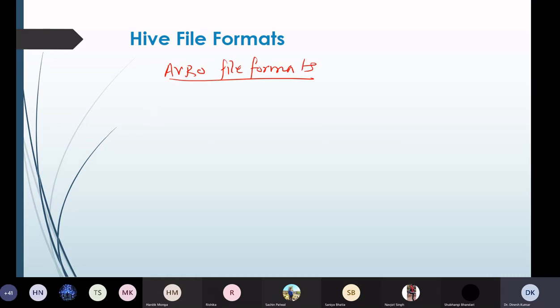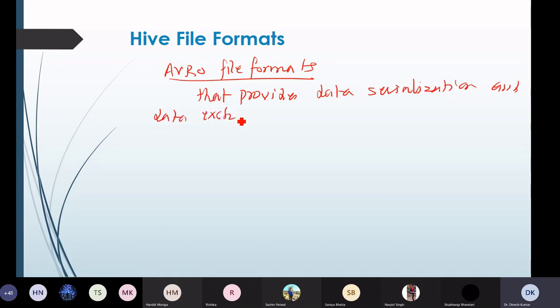Now, Avro is basically an open source project. You can search on Google also. There is a separate website for this particular file format. It's an open source project that provides data serialization and data exchange services for Hadoop.